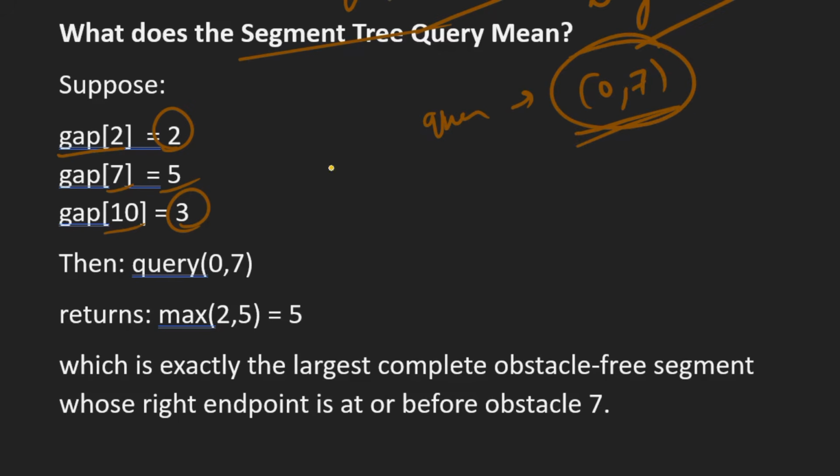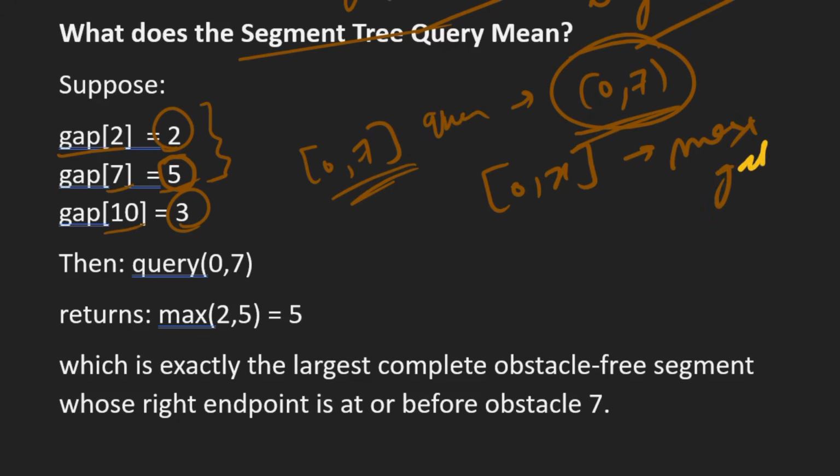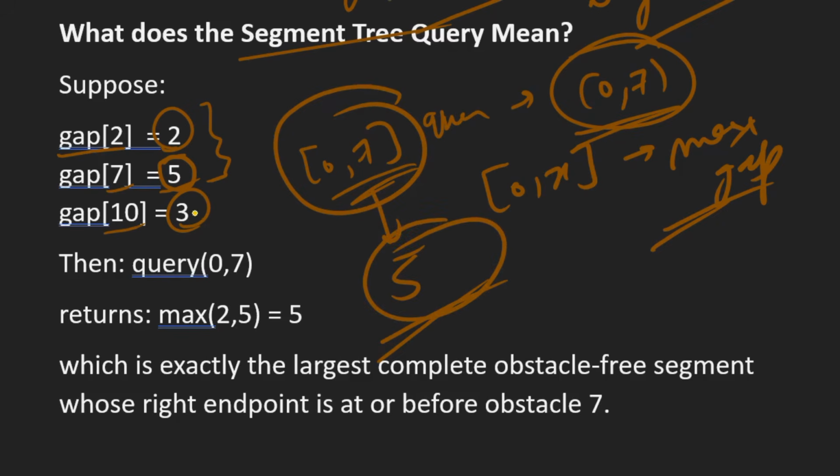What is the maximum gap in the range 0 to 7? In the range 0 to 7 the maximum gap is 5. So when we query the segment tree for the range 0 to x, it gives us the maximum gap in that range. So in the range 0 to 7 the maximum gap is 5, so we get 5 as the answer,